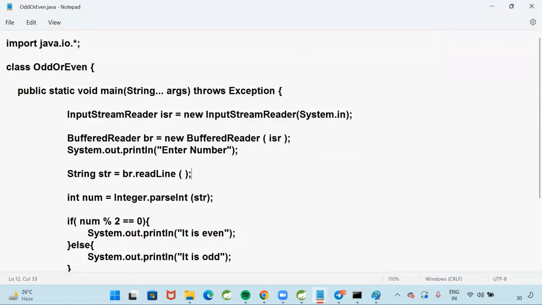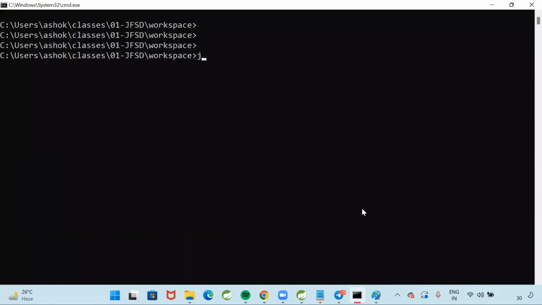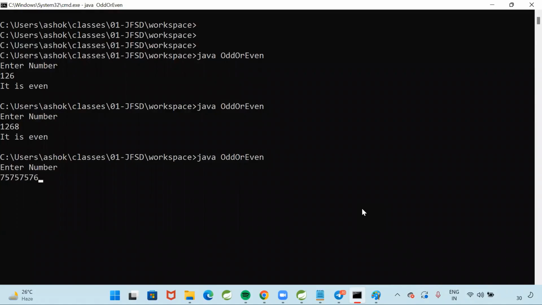Yeah, he wants to test the input with more than 3 digits. Do I need to compile? Can I run? Yes, I'm giving 120 or I'm giving 126. It is even. Now I'm giving 126, 8. 4 numbers I am giving. It is even. So if I am giving some number like this, any number of characters,